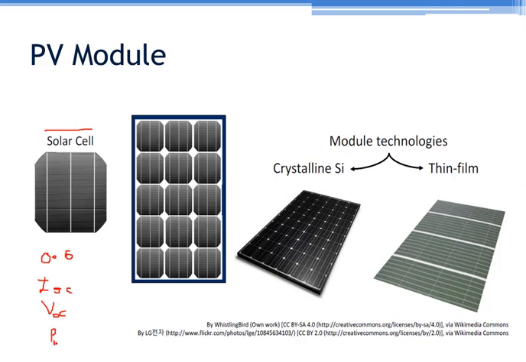So a single cell is capable of generating very low power or very low voltage. So depending on the requirement, a number of solar cells, here you can see that this is one cell. Like this, n number of cells are connected, so you can form a solar module. So this is called a solar module, or solar panel, and it is normally of a few watts, 12 watt, 100 watt, depending on the combination.